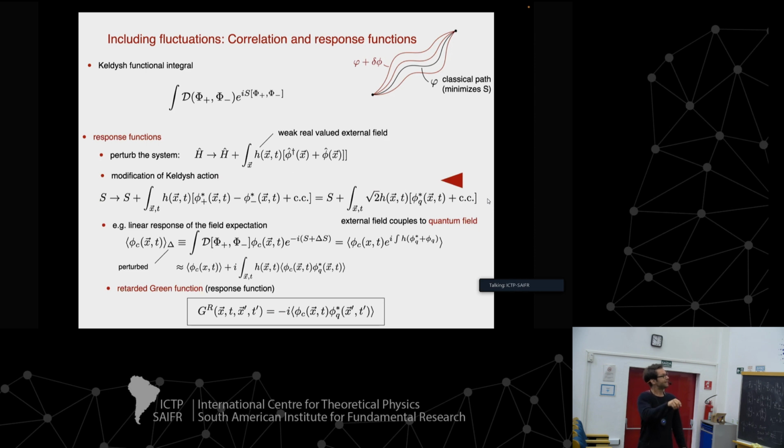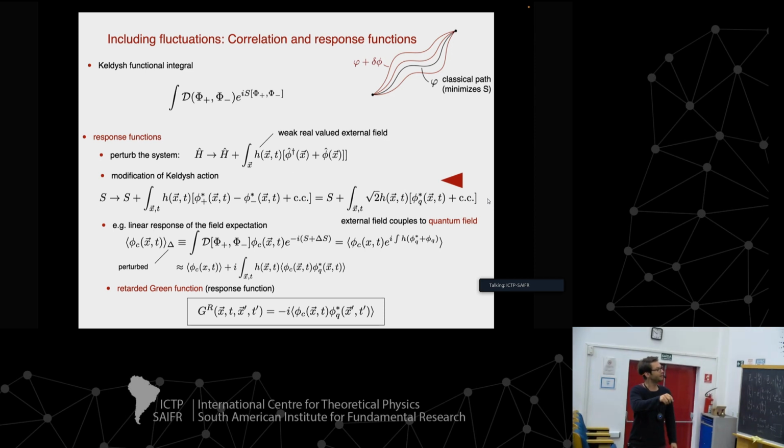Okay, and if we want to see how the system behaves when such a small field is switched on, we have to look at essentially the expectation value of